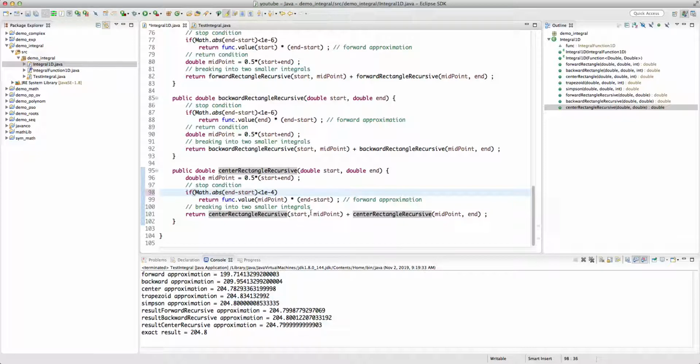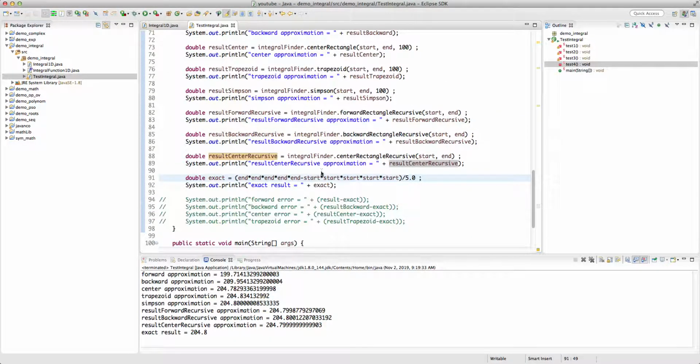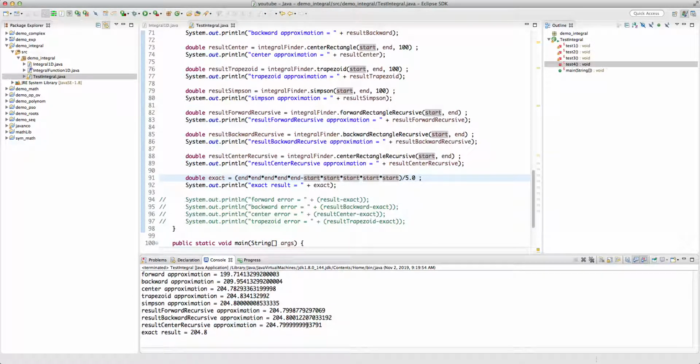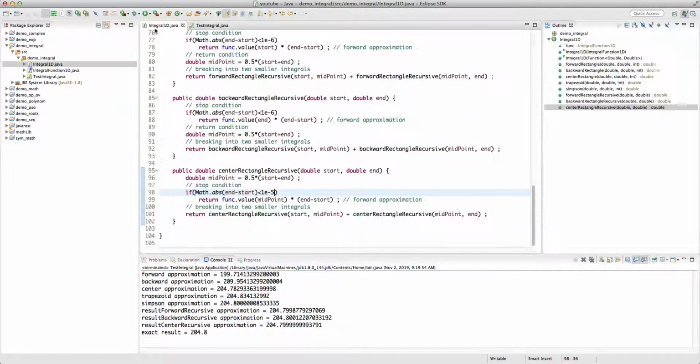So the accuracy of the center recursive is pretty good, but I guess because the order of magnitude error is less, maybe we can just reduce the number of iterations. Yeah, it's still pretty good. 204.799. Now the problem here is that the absolute error is typically not a good idea to implement, so